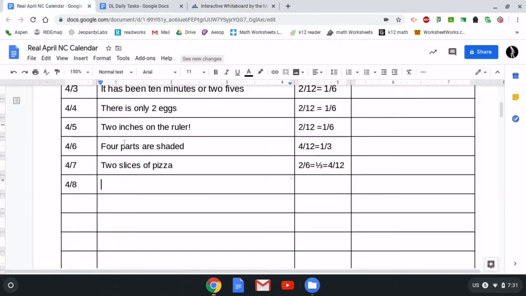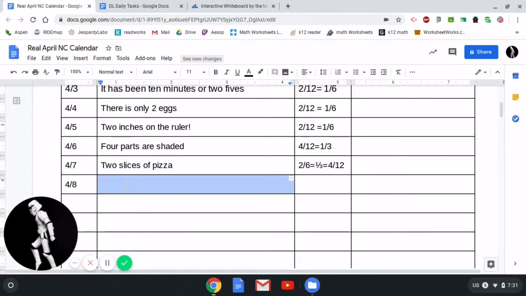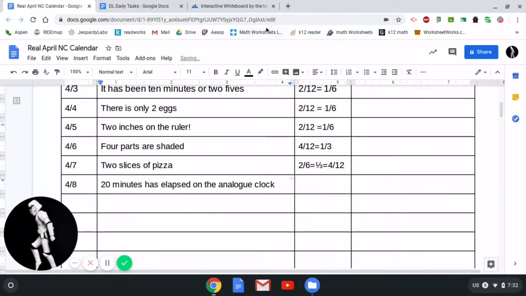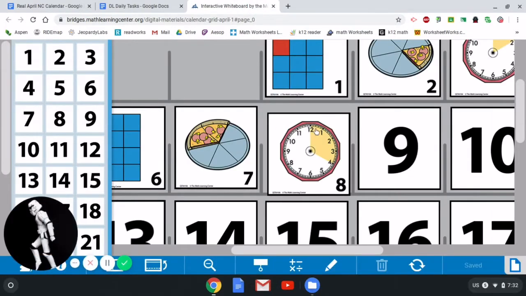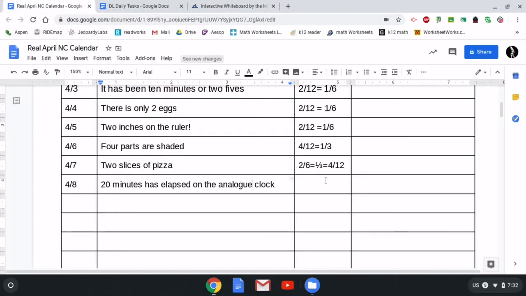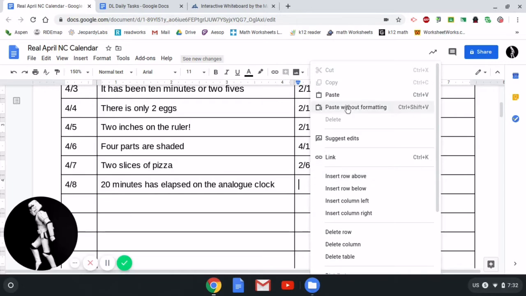So if I bounce back into my calendar, I'm going to note that "20 minutes has elapsed on the analog clock." Now, 20 minutes, 5, 10, 15, 20, is 4 parts. There's a total of 12 parts all the way to fill up the entire clock. So that is a fraction that's important to note. There's actually 4 fractions